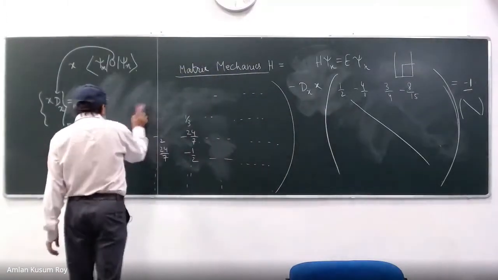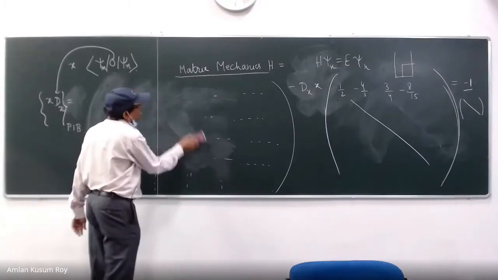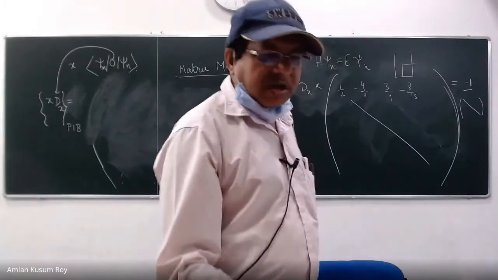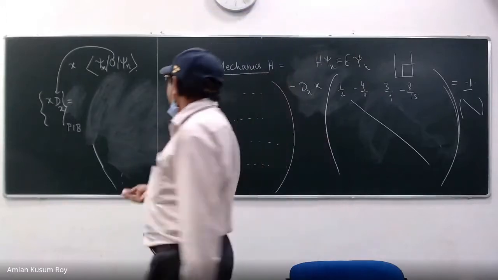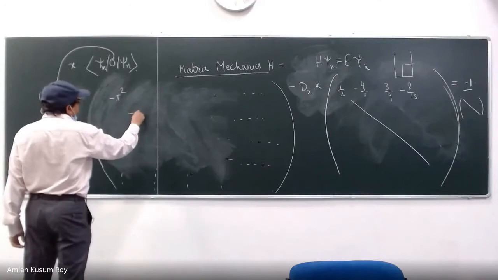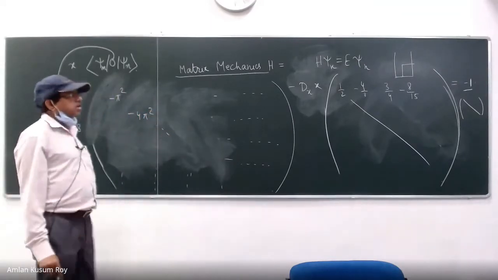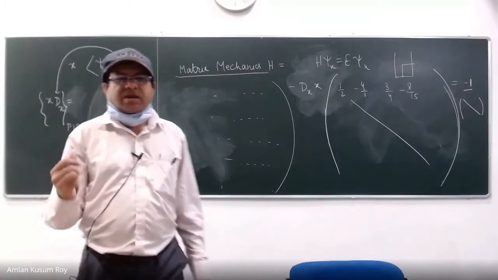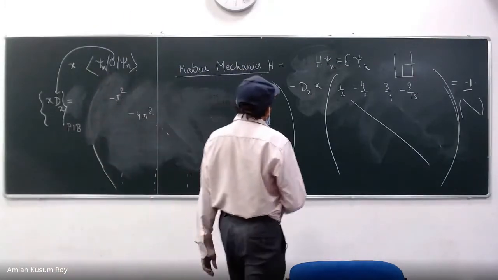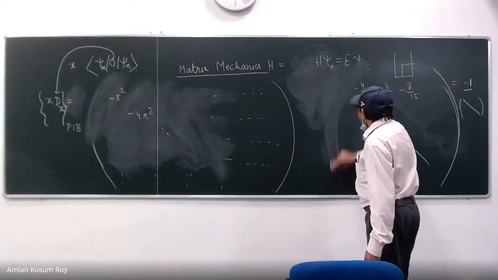Now look at the dx square operator. What is the representation of the dx square operator? In the previous class we wrote it, right? So dx square will be just minus pi square, minus 4 pi square, minus 9 pi square, that kind of thing, because it is a diagonal matrix. So I understood a very interesting concept, which is going to be my next reading. Let us see it carefully.